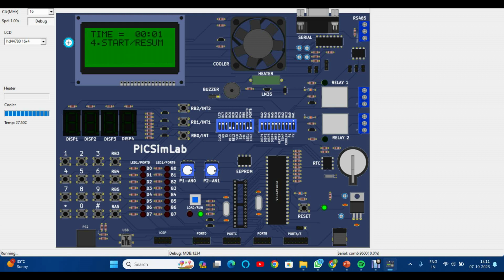and enter. Now as we can see, the fan is running and this is a heater module for PIC 16F877A, and we can pause it with button 5 and again start it with 4, and with 6 we can reset the code. So this is the main simulation. This module is the PIC 16F877A